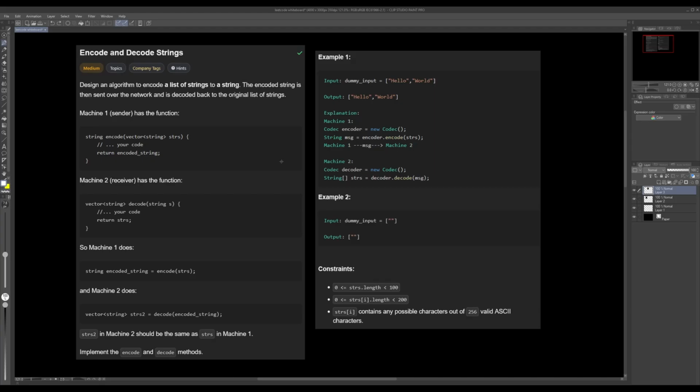We have to design an algorithm to encode a list of strings into a string. We're encoding a list of strings and we're going to output a string. That encoded string is then sent over the network and is decoded back to the original list of strings. It's a lot of text, but effectively you'll have two functions, encode and decode. Encode is going to take in strs as the parameter, which is of type string array, and it's going